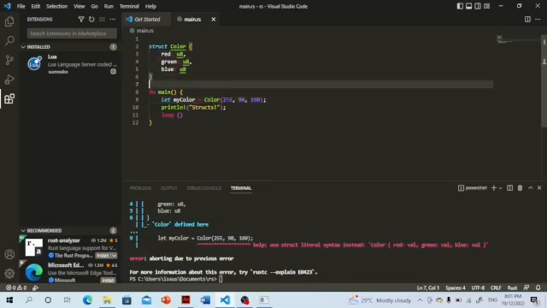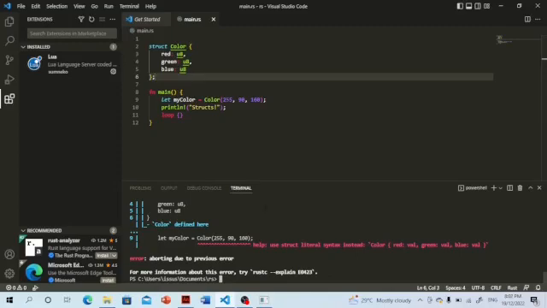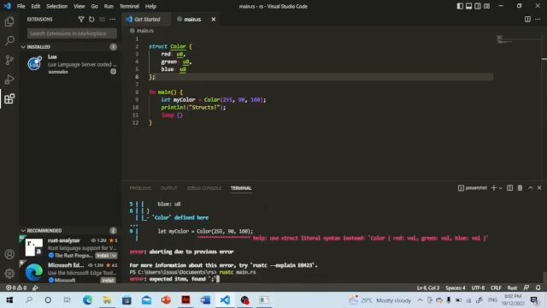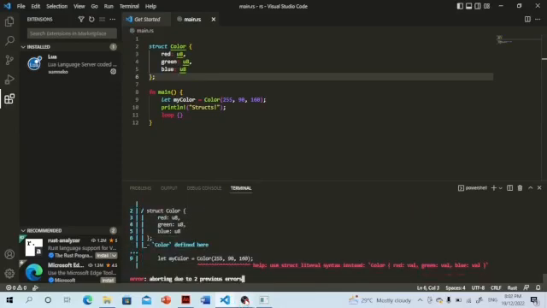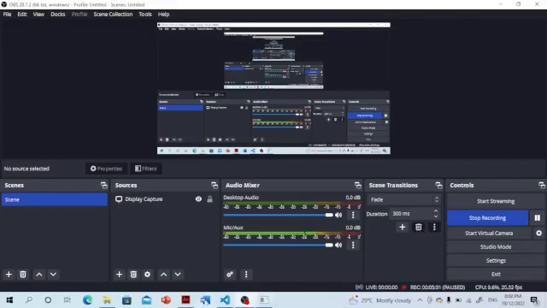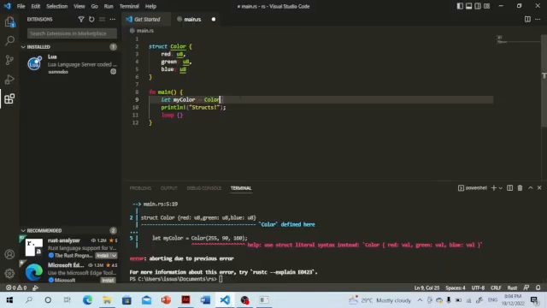So I'm going to add a semicolon. Apparently you just have to replace these brackets. So I'm going to say 255, 80, 150, end with a semicolon, and save. Now if I compile my Rust code,